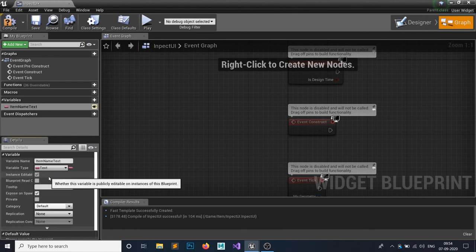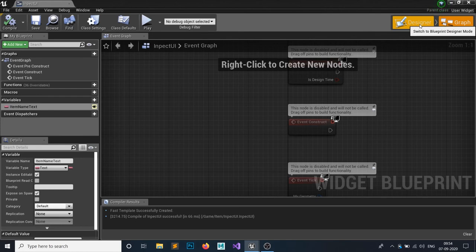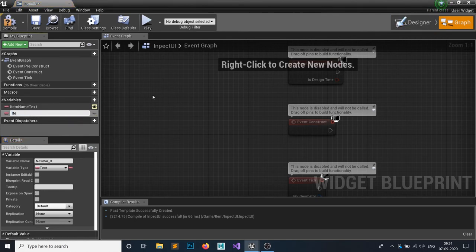What is instance editable? It will be publicly editable, so you can edit it outside this. And what is exposed on spawn? It will create a pin, and you can attach this to that pin. So one is item name text and second is item description text.